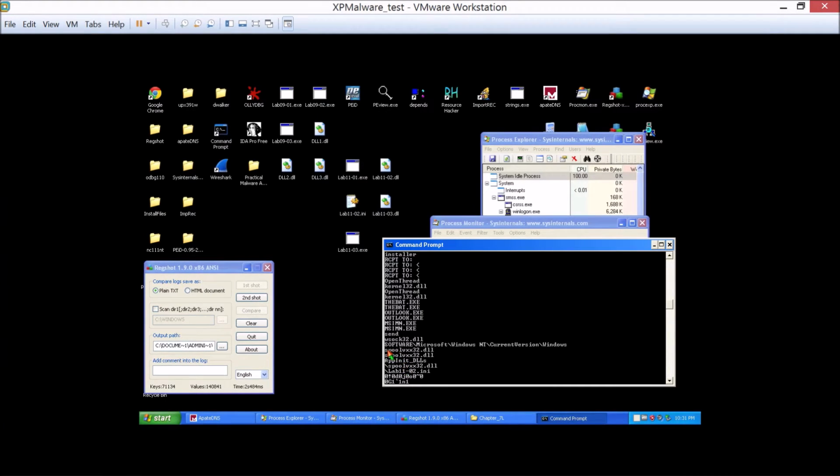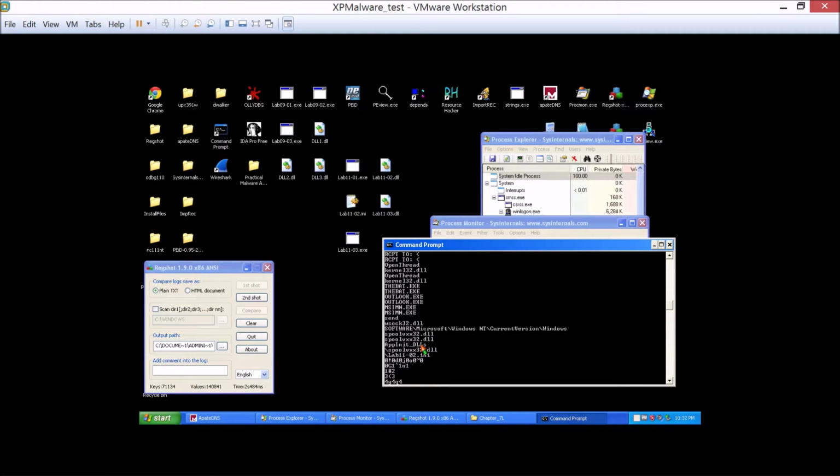Then we have a possible host-based indicator. Spool VX32.dll. And this is really important, AppInit DLLs. Because you look back, let's see, where is this? I believe it's under persistence mechanism, yes. It's a persistence mechanism